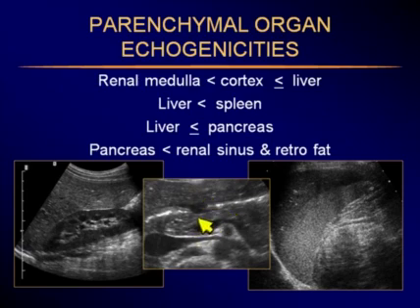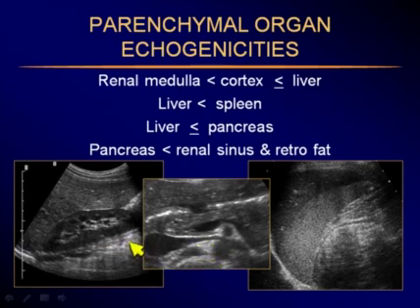Pancreas is usually more echogenic, but they can be equal, especially in younger people. So here is the pancreas, and here's the left lobe of the liver, and they're fairly equal. When we compare echogenicities, we should be comparing at a similar depth of the beam. Oh, and one more thing here, the pancreas itself is less echogenic than retroperitoneal fat, which